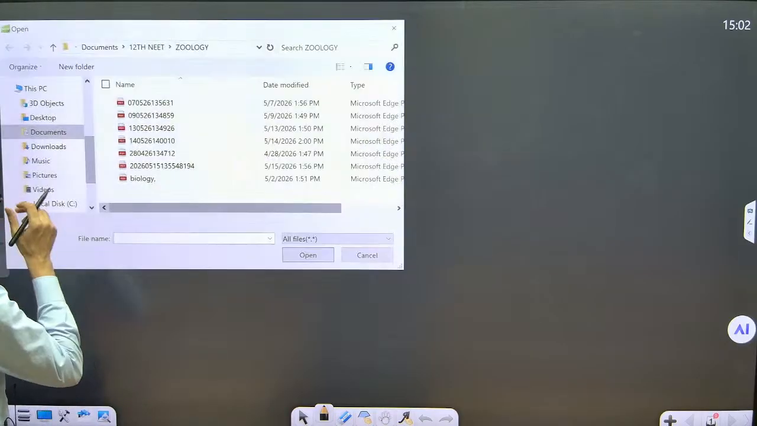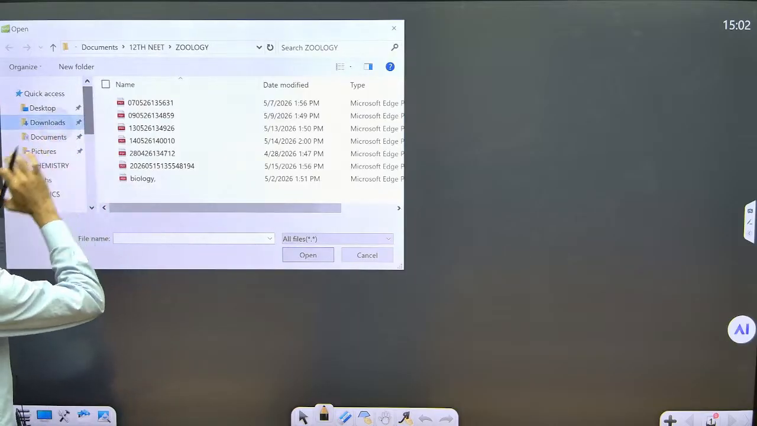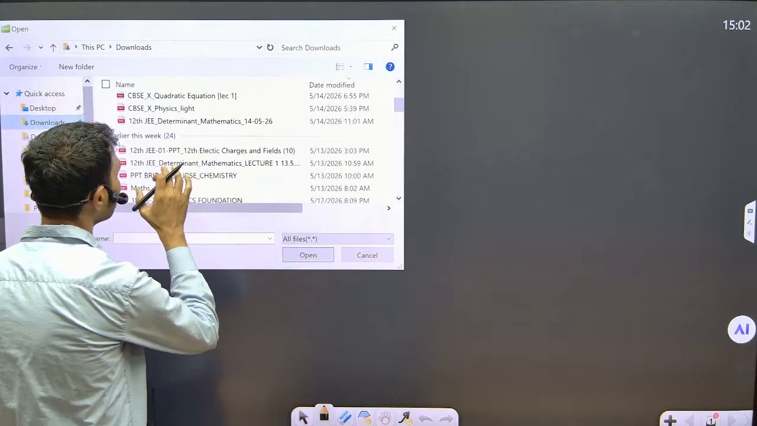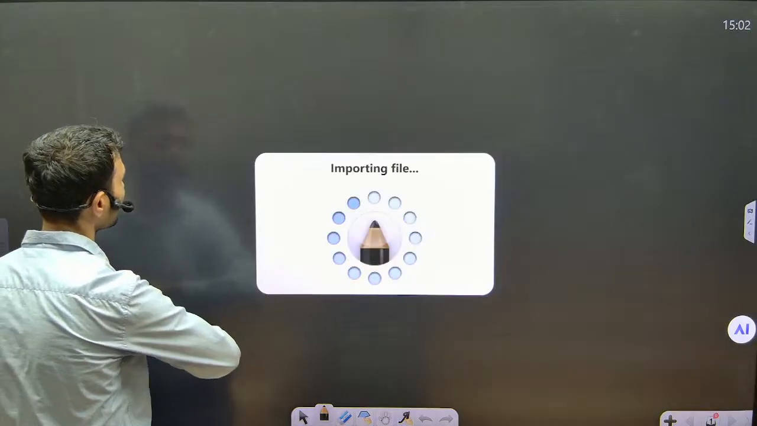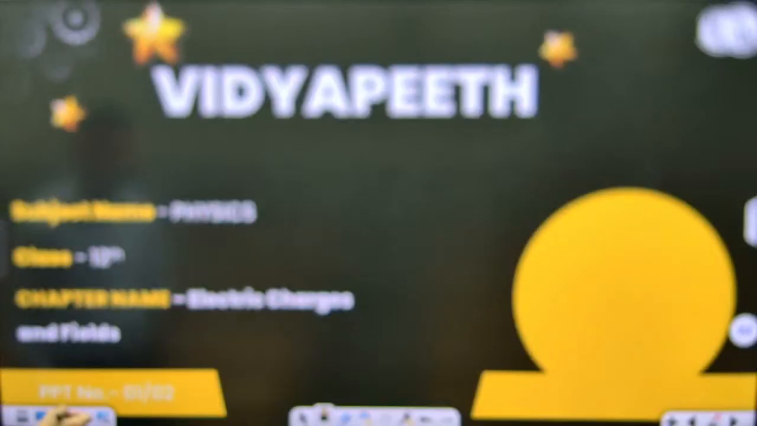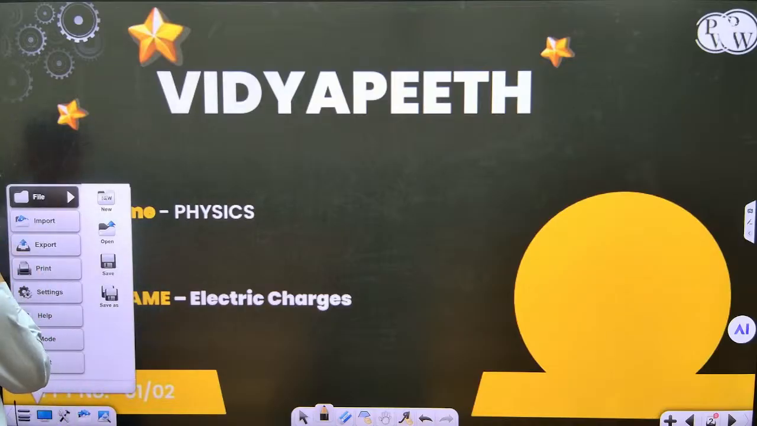Import downloads 12, JPPT electric charges, importing file, then